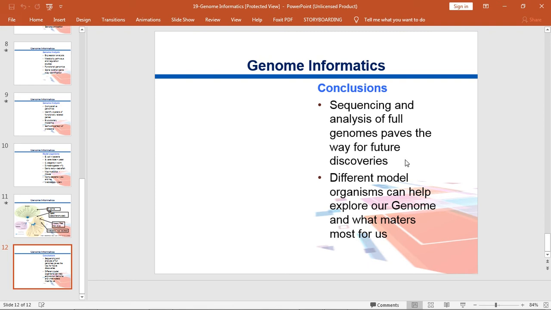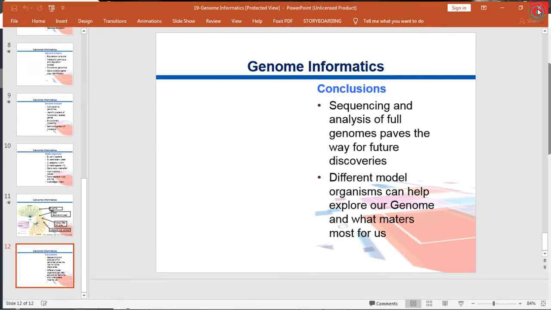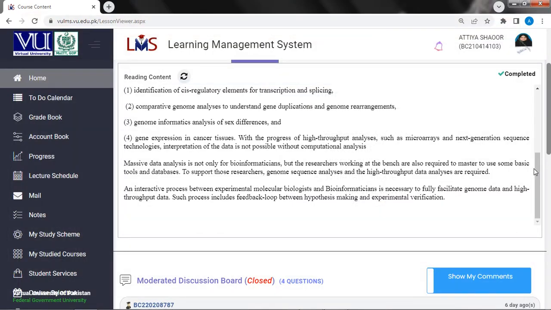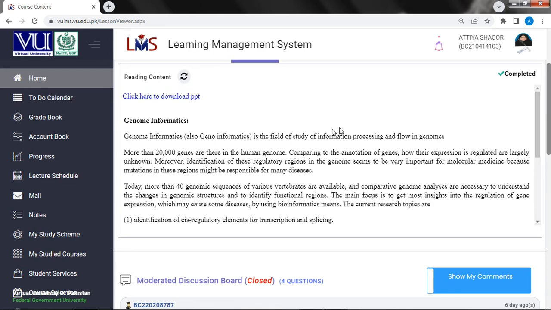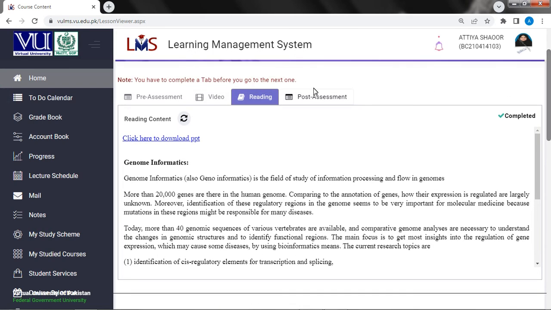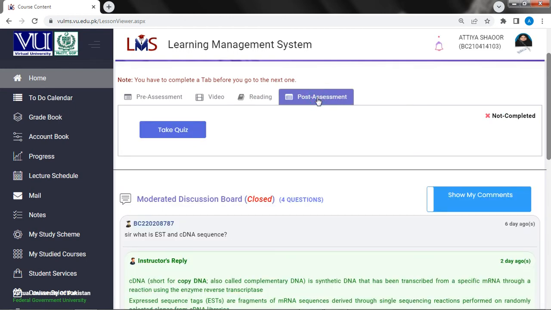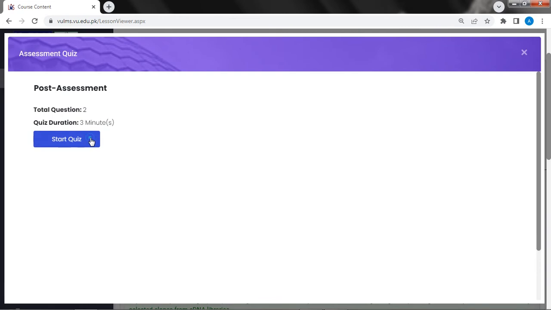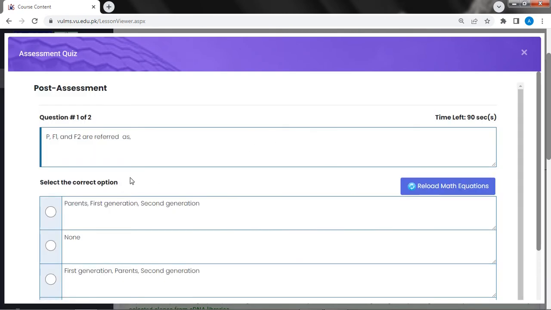जीनोम्स paves the way for future discoveries. Different model organisms can help explore our genome and what matters most for us। ओके, सही। ये टॉपिक हमारे लिए बहुत ज़्यादा न्यू था, एटलीस्ट मेरे लिए, ठीक है, आप लोगों के लिए भी न्यू ही होगा। सो काफ़ी कुछ जहन में बैठ गया। अब हम चलते हैं अपनी पोस्ट असेसमेंट की तरफ। ठीक है, अब पोस्ट असेसमेंट में देखते हैं कि क्या आता है हमारे पास।